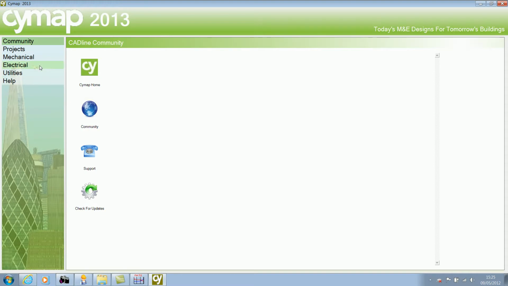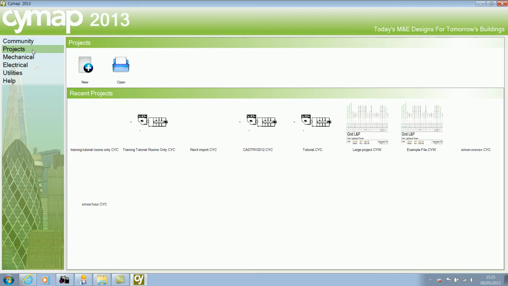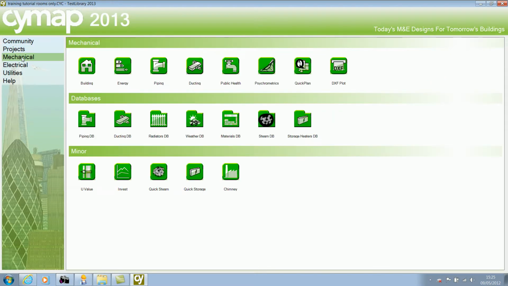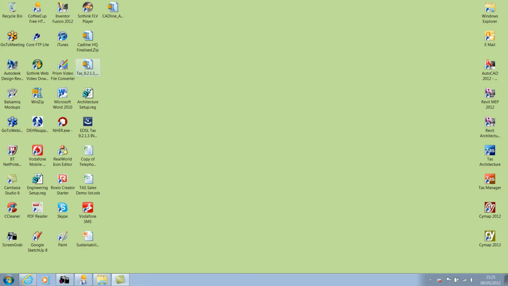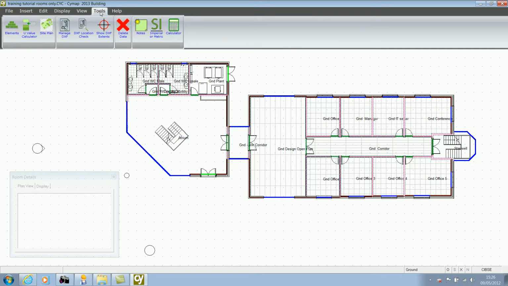Now if you want to apply that new material to a project, all I have to do is open up a specific project I want to apply it to, go into the mechanical menu and then select the building program. And what we can effectively do is load the slab program and repeat that process. We could actually set up a material at this stage within the building program within a project. So all we need to do is go into the tools menu, and we've got two choices. Either we can select the U-value calculator from here, or by displaying the